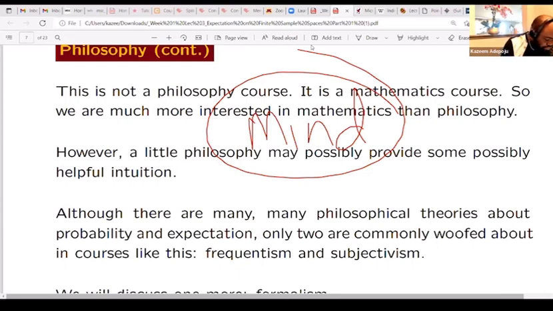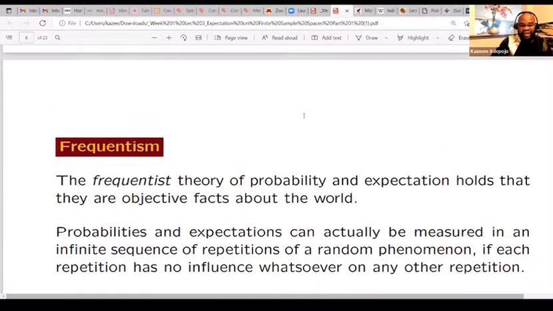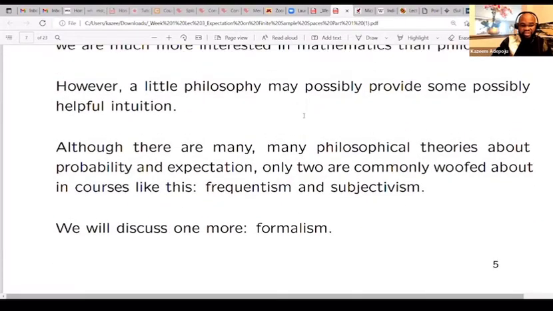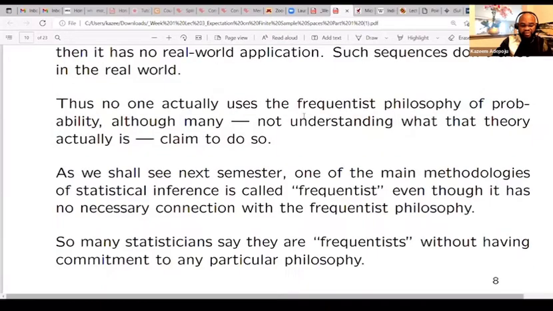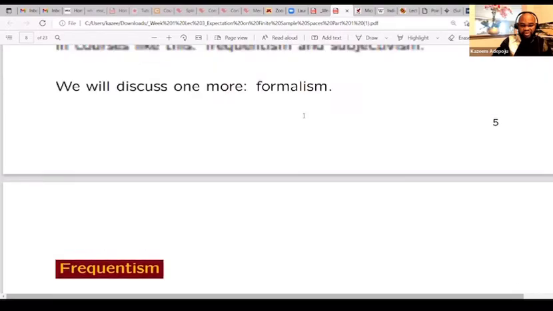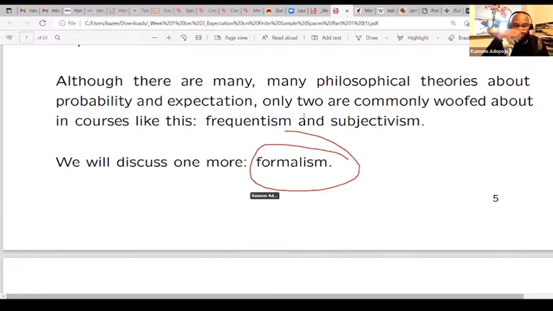And let me tell you this: the formalists, on the other hand, I'm talking about this guy here, the formalism, does not really subscribe to the Bayesian notion. The formalist does not really believe that there is probability in the mind or probability in the world. They don't even believe in the existence of numbers, but the only thing they know is we